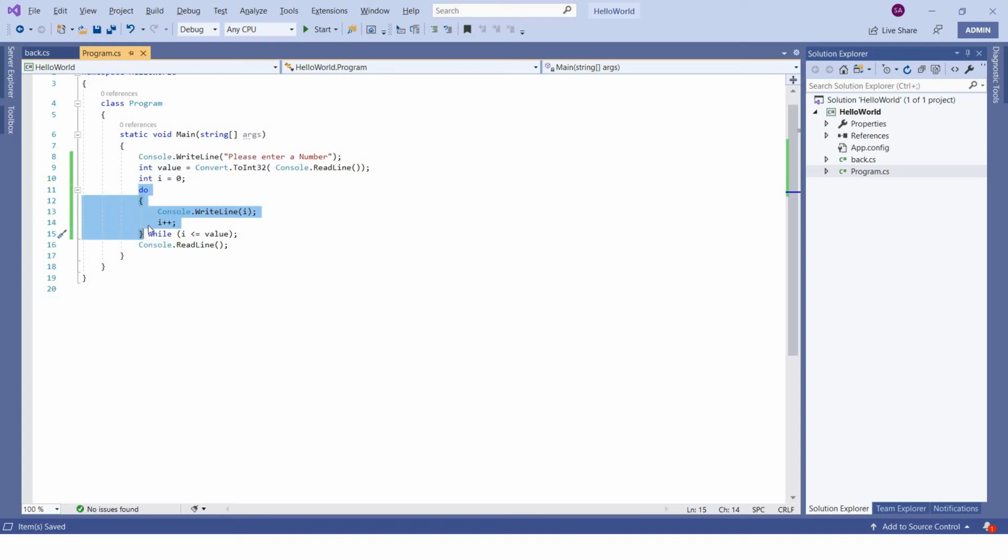In that way it may never execute the body part, but that is not the case in a do while loop. Whatever the condition is, it will always execute at least once, and based on your condition it will execute next.